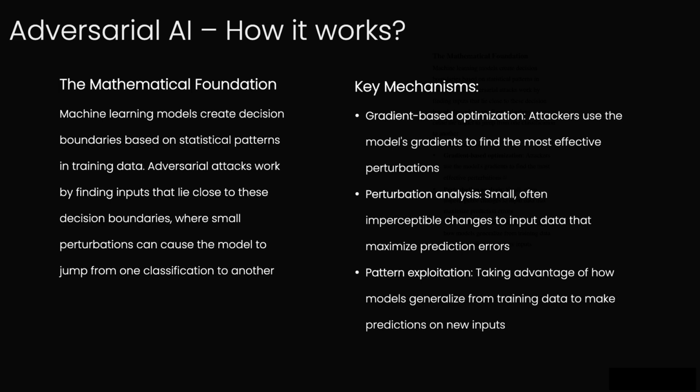What else? Then there's what you could call perturbation analysis. This is really the art of applying those minimal, often imperceptible changes, finding the sweet spot. Finding that one critical pixel or that tiny tweak in an audio frequency that flips the classification. Maximum impact from minimal, invisible change. Like changing a stop sign to look like a yield sign just for the AI. Exactly that kind of thing.